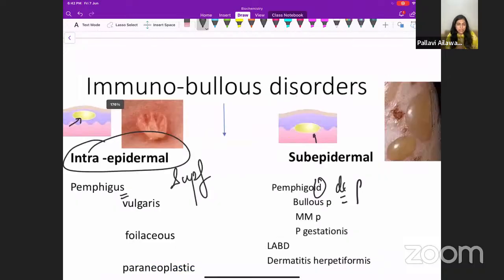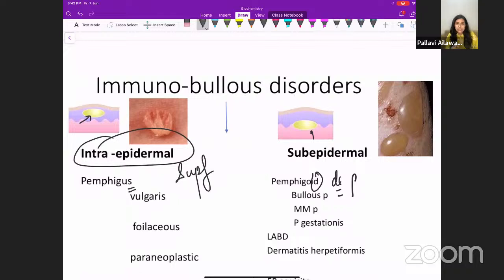When you look at the image, see the image of the bulla in pemphigus, it's a flaccid bulla. So whenever a question says flaccid bulla, flaccid in Hindi means fuss. So when a question says flaccid bulla, fuss bulla, it is a bulla which is seen in pemphigus. So the first thing that you have to catch from the question is